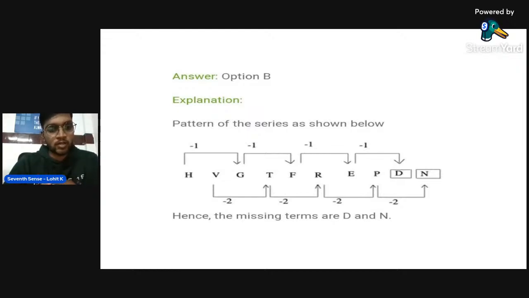Okay, so never directly jump to the answer by just following one pattern, and you're doing the same thing in the last one. In between also, they can change the pattern in the letter series. There are no difficult questions in letter series. You can easily solve any letter series question here. Whatever question I will give you, you can easily solve it. Okay,